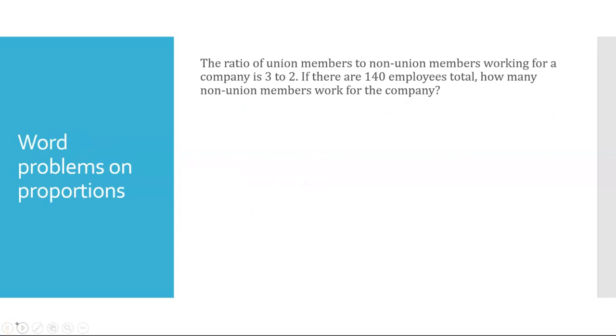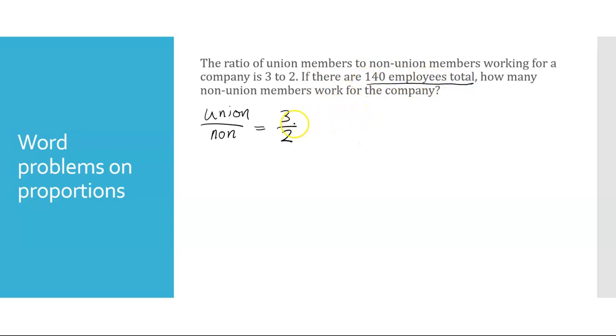Next question is a word problem on proportions. Some of these are easier, some of these are a little bit harder. I picked a harder one. This says the ratio of union members to non-union members working for a company is 3 to 2. So just from right there, I'm going to write myself a little ratio. I'm going to say union to non-union is going to be 3 to 2. And now we're given, if there are 140 employees total,